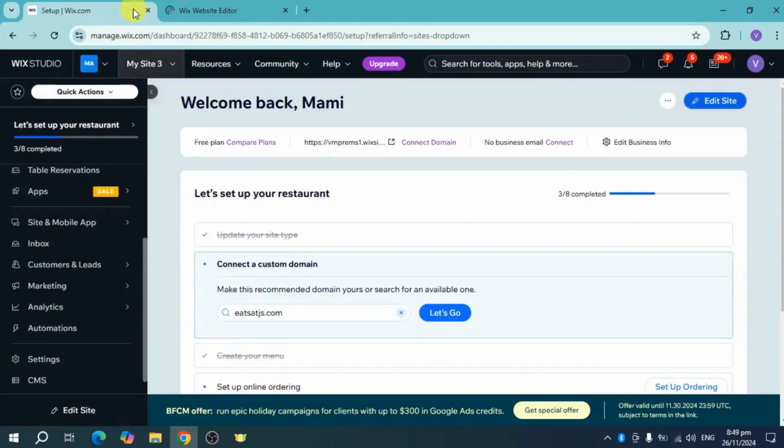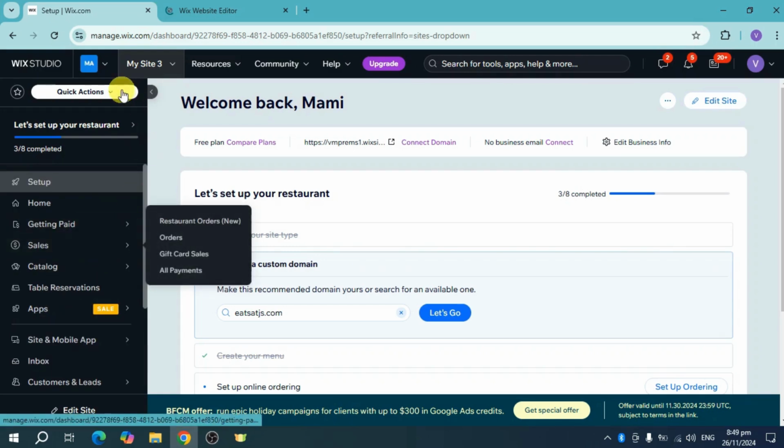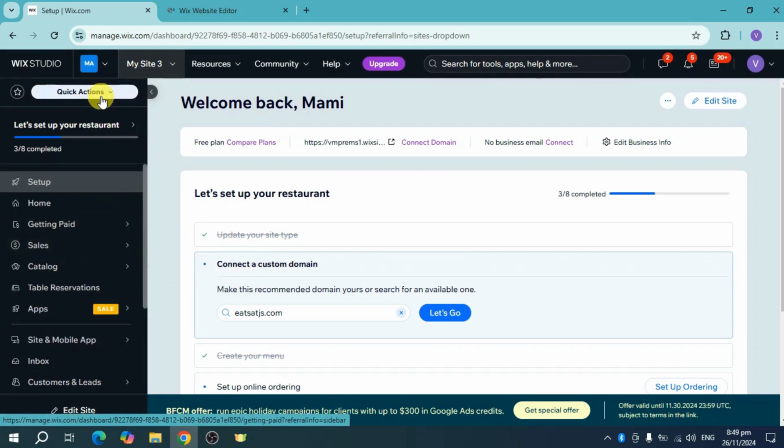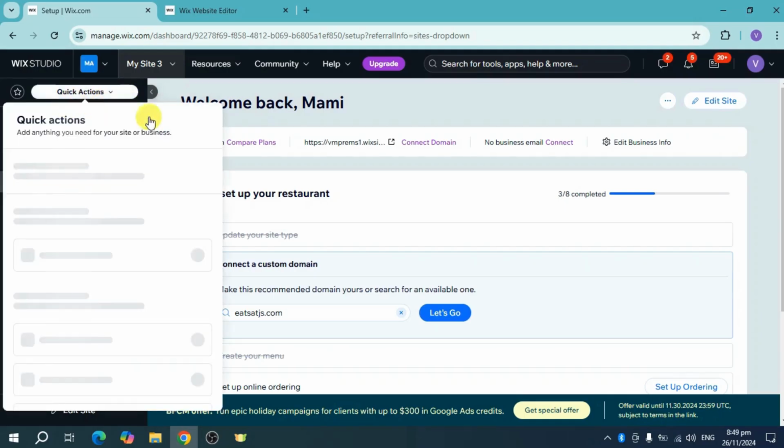Now, while it's loading, let's see in here the dashboard. You can set up some things, like for example, some settings, marketing, inbox, as well as a lot more. We also have in here the quick actions button, which is not actually available to your Wix website itself. You can go ahead and hover over and then click on that, and you can see in here some